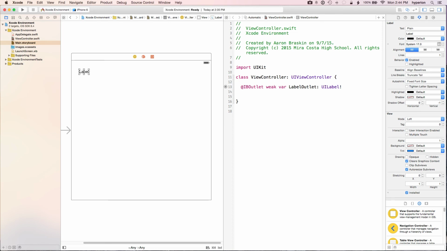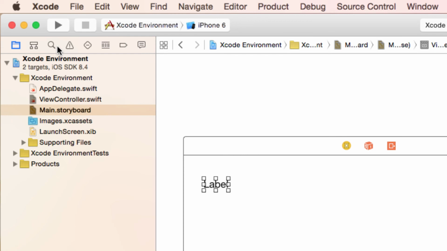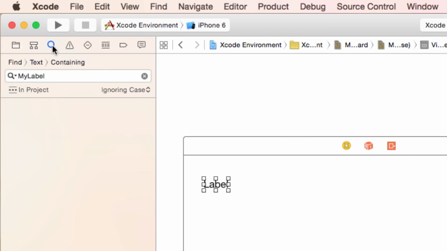So what we're going to do here is go over to the tiny icon over here that is the find. Let's hover over it and see if we can get the little pop-up. Go off and back on. This is called the Find Navigator. I'm going to click on the Find Navigator, and when I do that, it's going to pop up with the